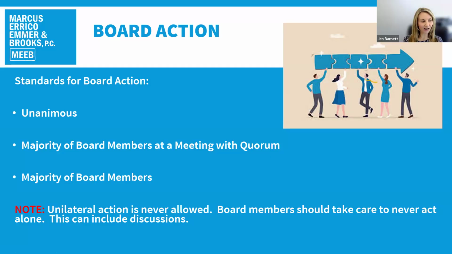And then just as a side, board members who might have an interest in the matter discussed, what should they do? They should recuse themselves. If a board member has a personal interest, meaning that on a particular issue, they would be wearing both their board member hat and their unit owner hat, you only want to be wearing one at a time. So if the board is deciding an issue that actually has something to do with you and or your unit, then you as a board member should recuse at that point.